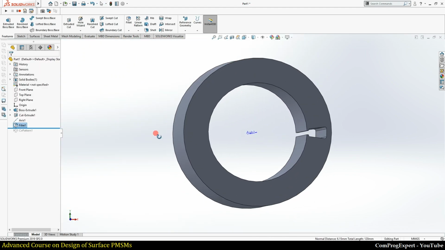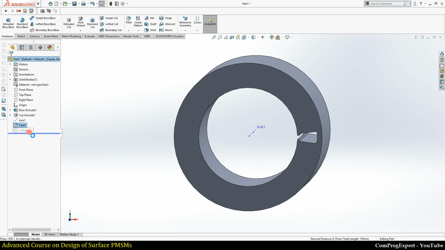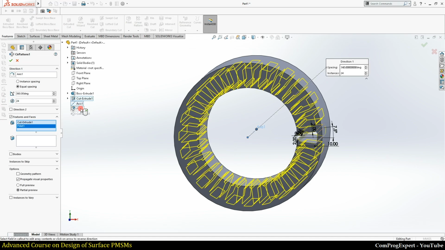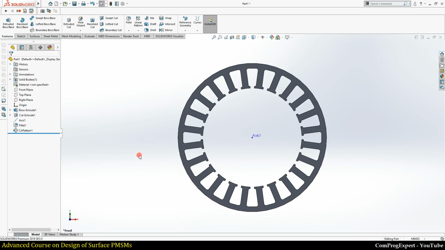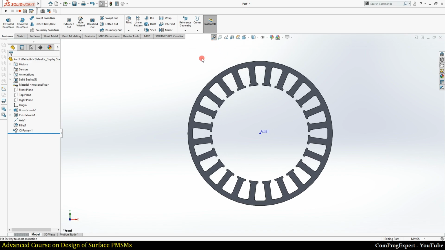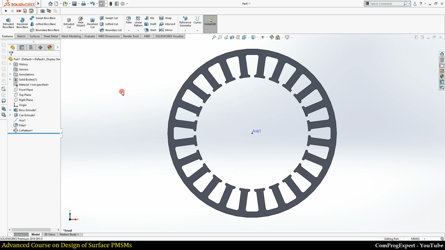And when you rotate this feature, you need to select the fillet also. Okay, so anyway, this is the geometry of the stator core of the first case study motor.